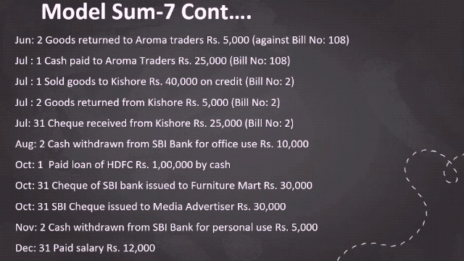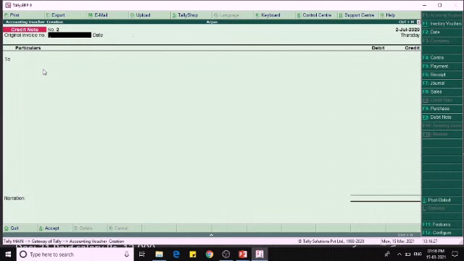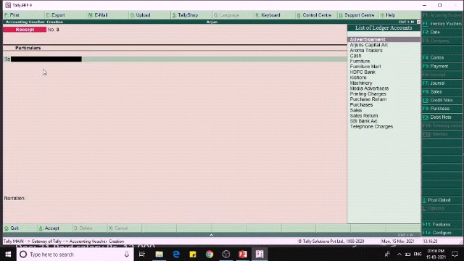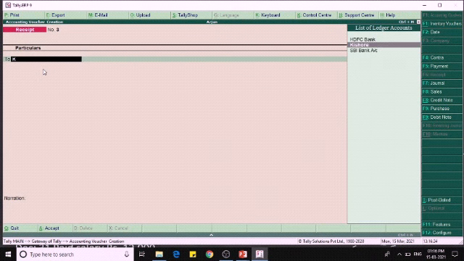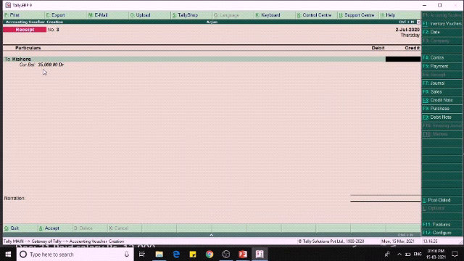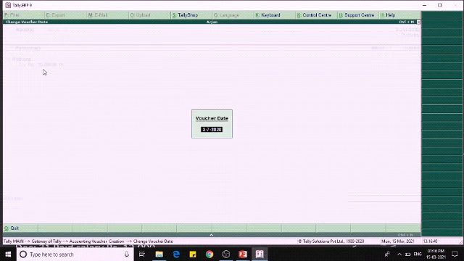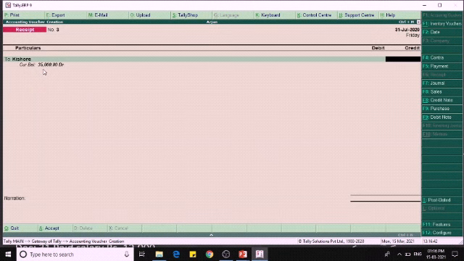Okay. And then the next one is on 31st July, we have received a check from Kishore for the amount of 25,000 against the bill number 2. Okay. So we have received from Kishore. So we have to credit the Kishore account. Before that, we have to change the date. 31st July.